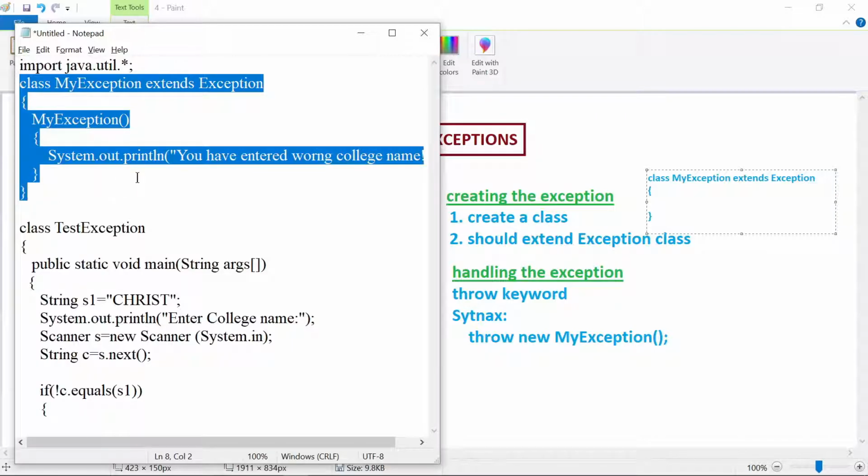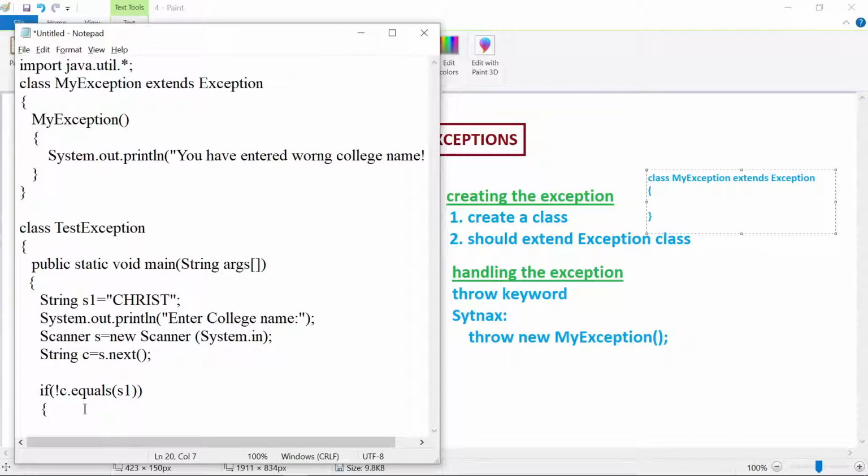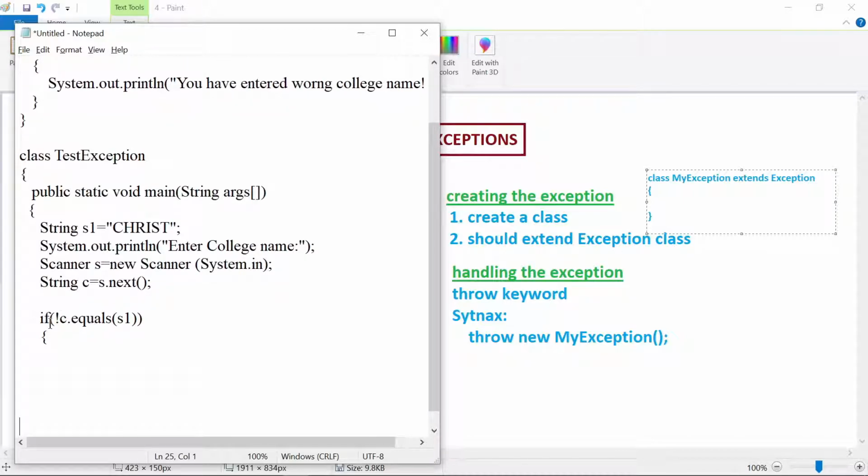Now I need to handle the exception. Whenever the college name given is not equal to Christ, in that case you want to handle the exception. How to handle the exception? You need to use the throw keyword. You need to create an object of your own exception. How to create an object? Using the new operator.